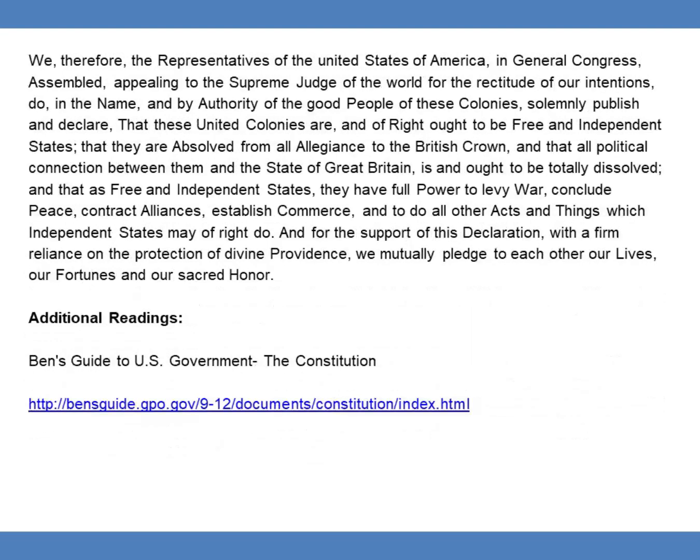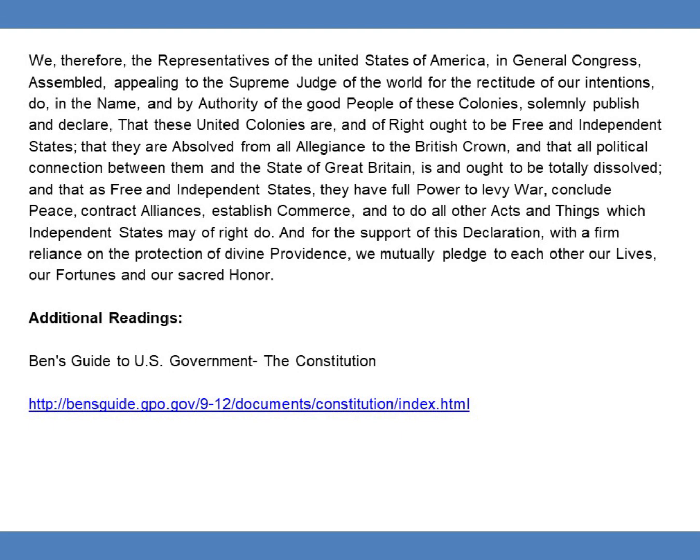We therefore, the representatives of the United States of America in General Congress assembled, appealing to the Supreme Judge of the world for the rectitude of our intentions, do, in the name and by authority of the good people of these colonies, solemnly publish and declare that these united colonies are, and of right ought to be, free and independent states, that they are absolved from all allegiance to the British Crown, and that all political connection between them and the state of Great Britain is and ought to be totally dissolved,